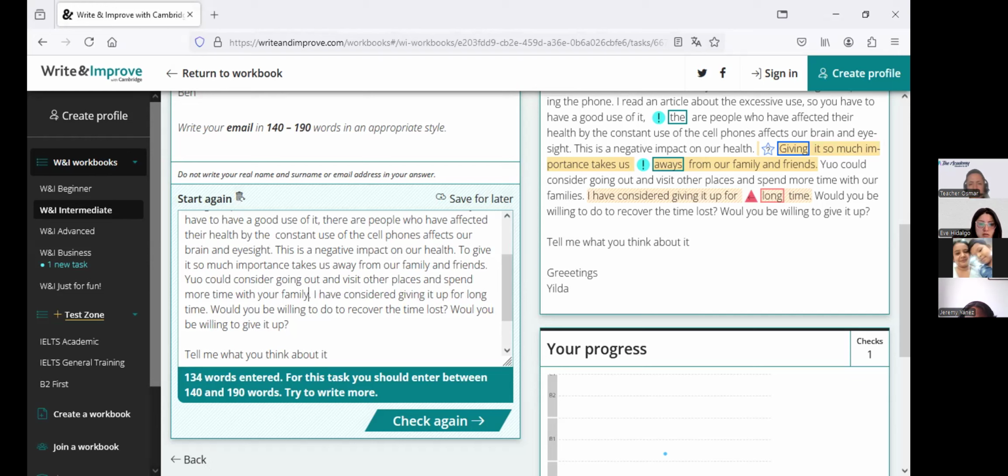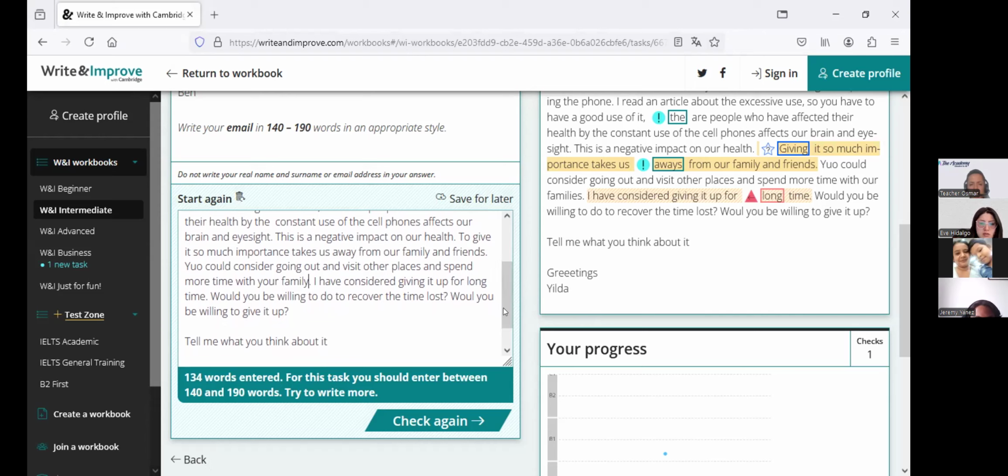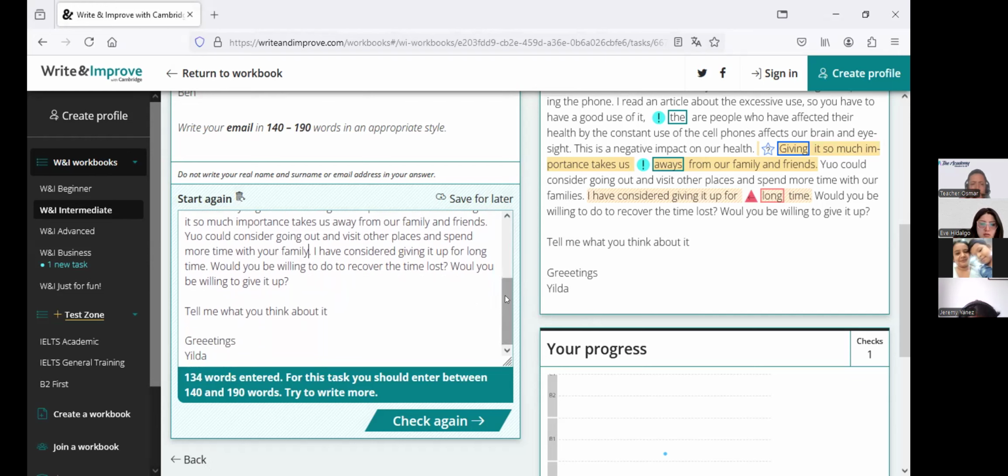I have considered giving it up for a long time. Would you believe, River? I have considered giving it up for a long time. Would you be willing to do or recover the time lost? Would you be willing to give it up? Greetings, Gilda. I have considered giving it up for...